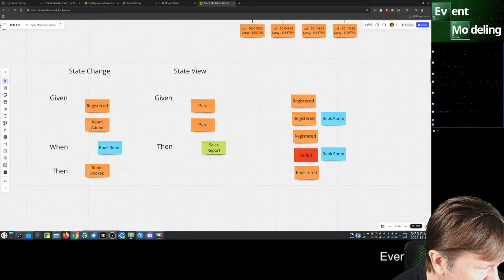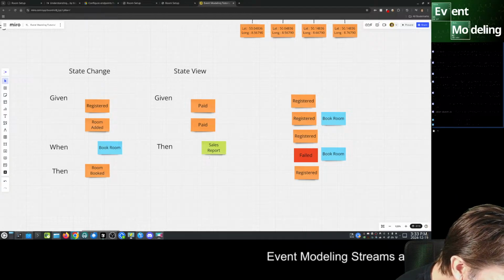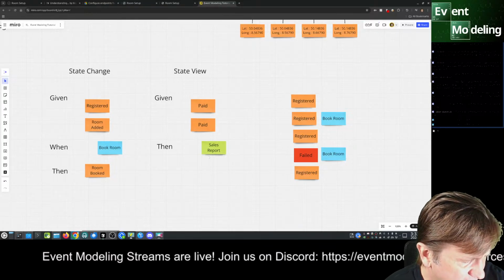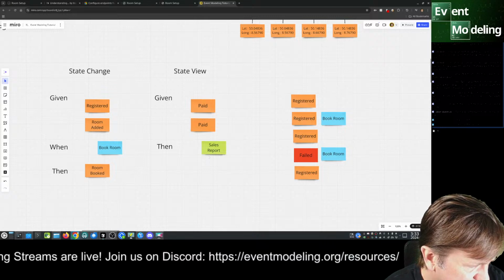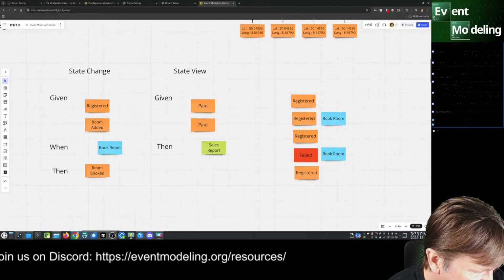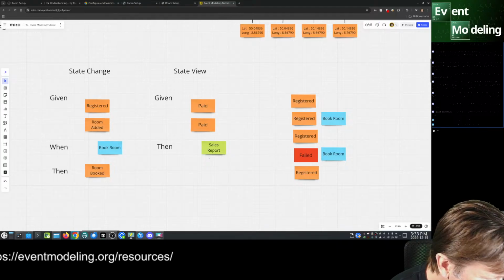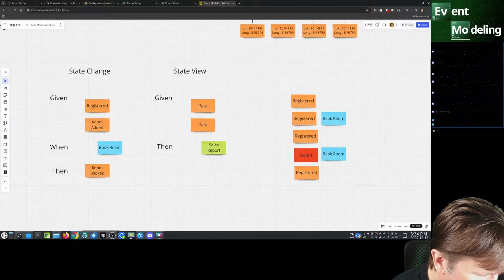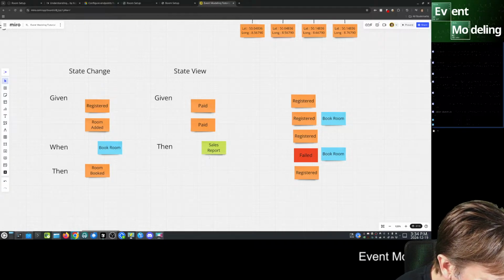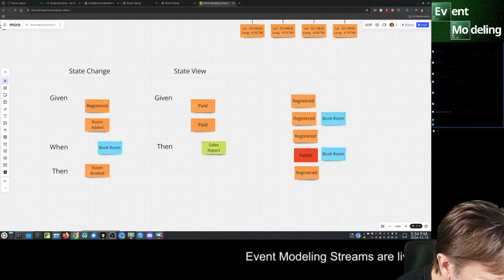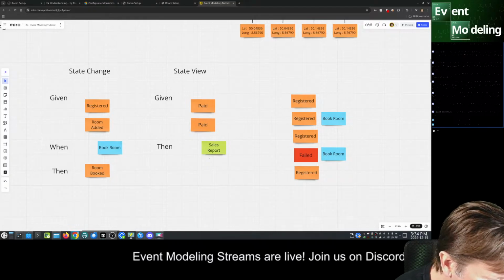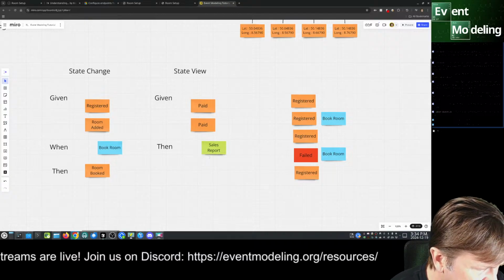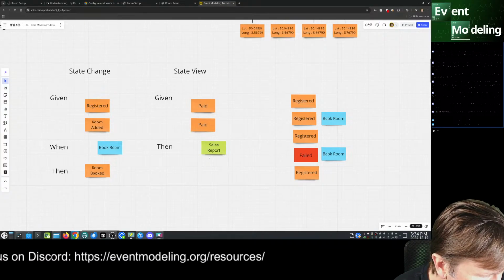Was it around the .NET Rocks episode release? No. Okay, maybe I'll just jump on the meeting and ask them. Okay, yeah, so it's event model implementation in .NET. I'm just going to join and see.